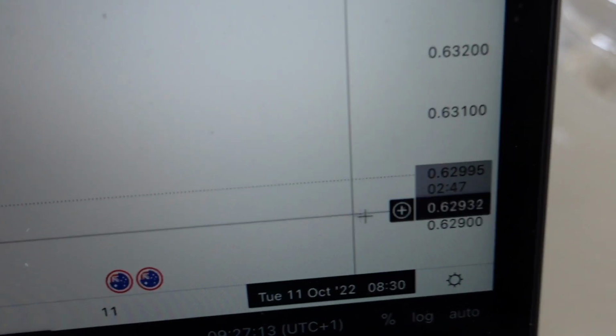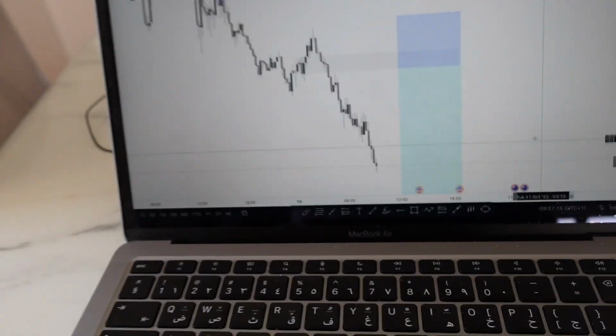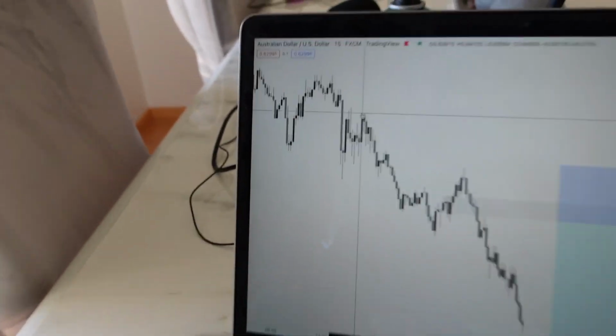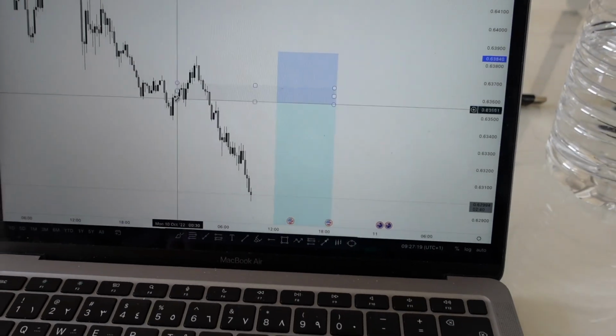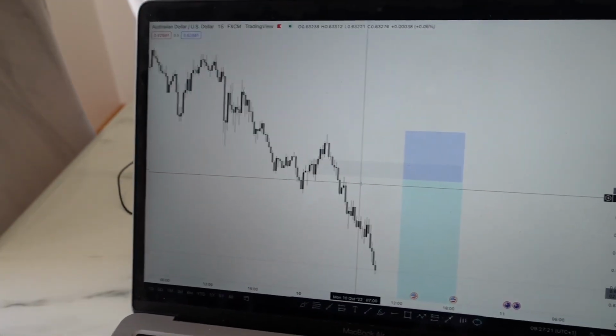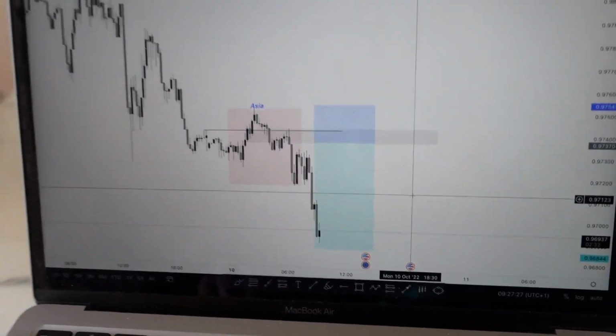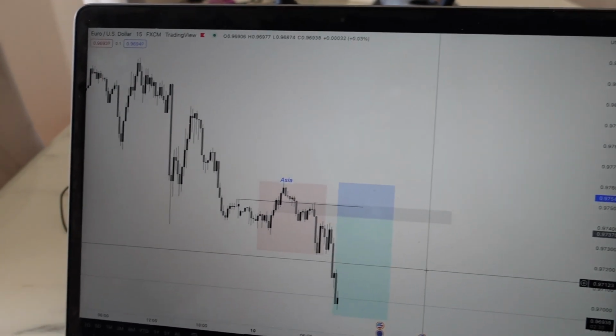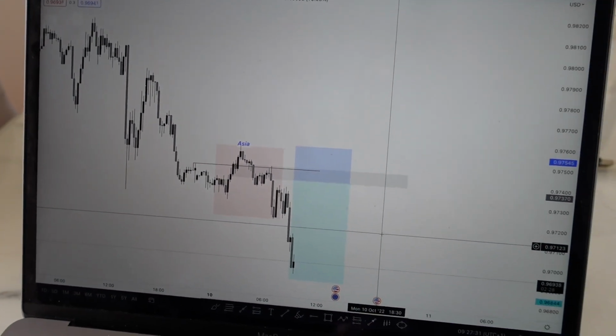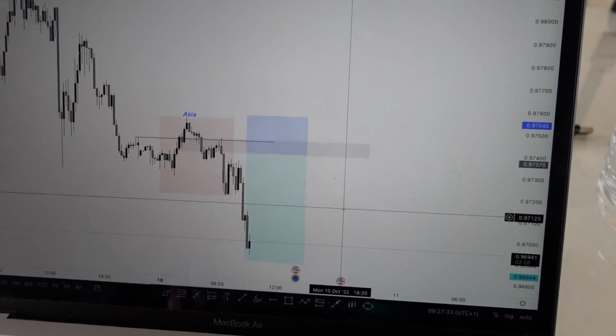So, guys, this is the live market here, as you can see, and those are going to be my trades for the day. This AUD USD trade right here, I want to sell it from this area right there, and then this Euro USD trade as well. Now, I'm going to let Future Roy do all the explanations. However, I just wanted to show you the trades before they're actually triggered in. So, let's see how they go.